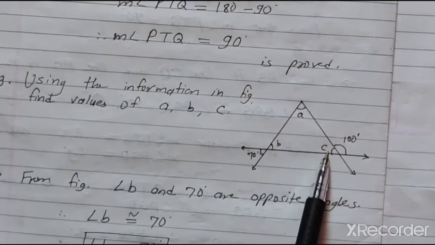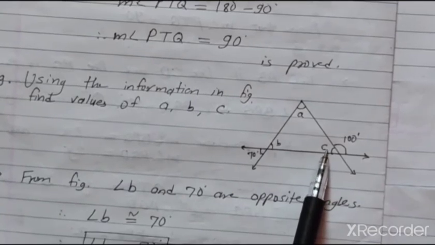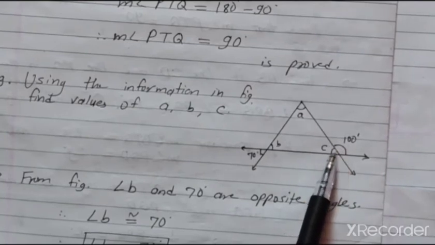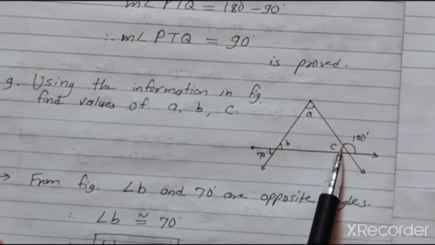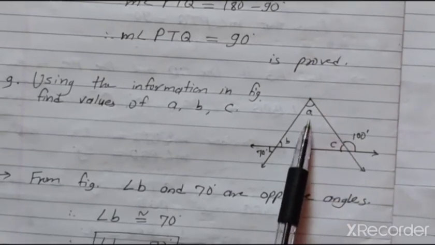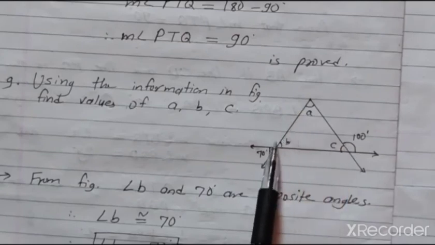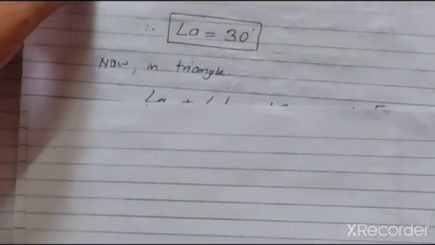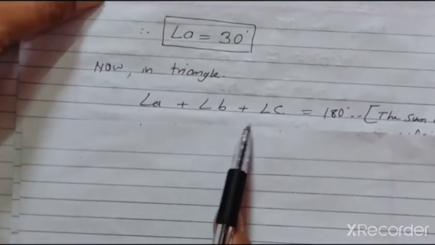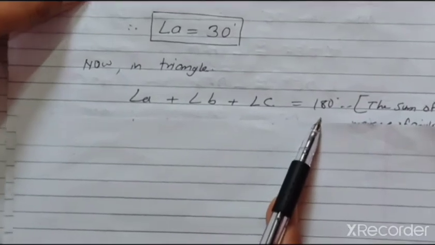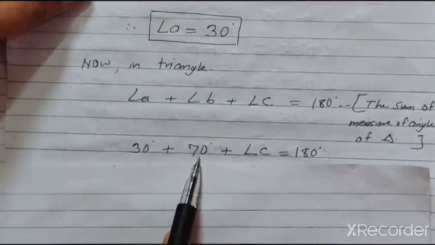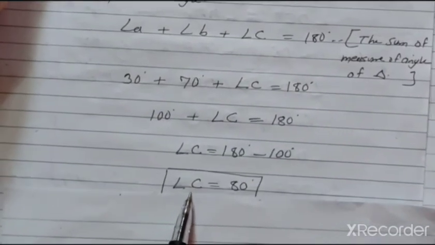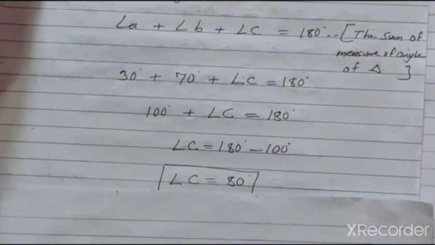Now here we have to find the value of C. Here we have two choices. First choice is you can use these two angles. Both angles are linear pair angles. Otherwise, by adding all three angles, that is the sum of the measures of all angles is 180 degrees. So by using this theorem, here I write down in this figure, this measure A plus B plus C is equal to 180 degrees. So this is the substitution. So its addition is 100 degrees. Take this 100 to the other hand side. So after solving, we will get angle C is equal to 80 degrees.